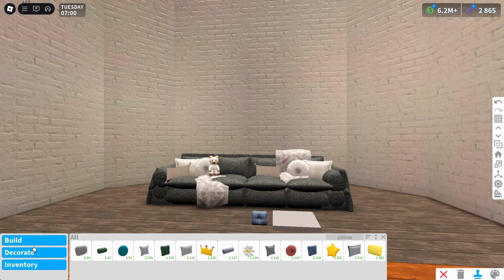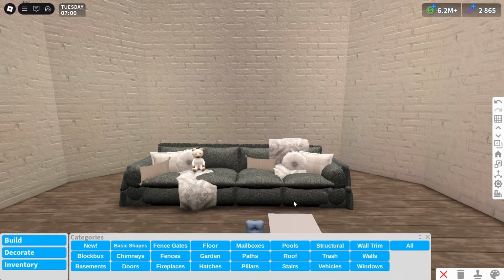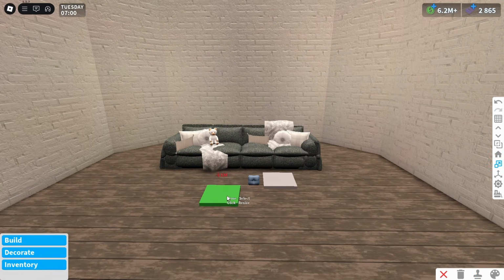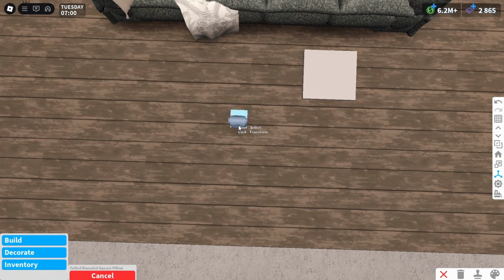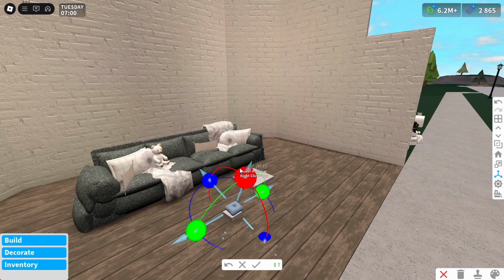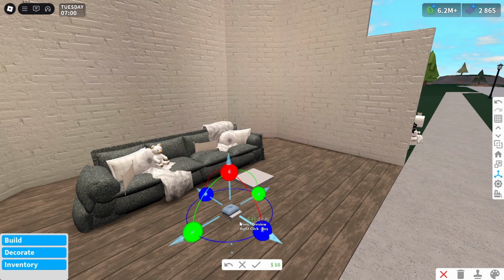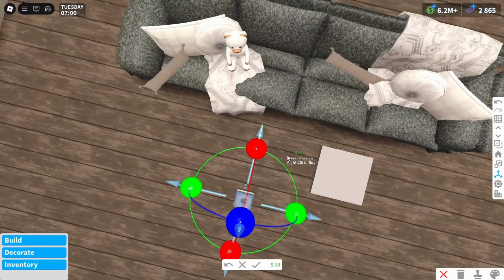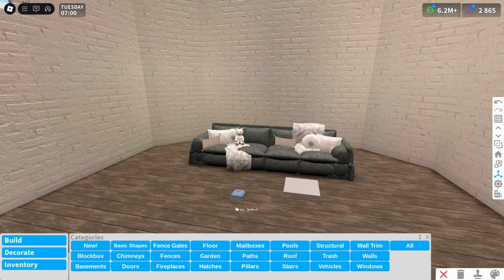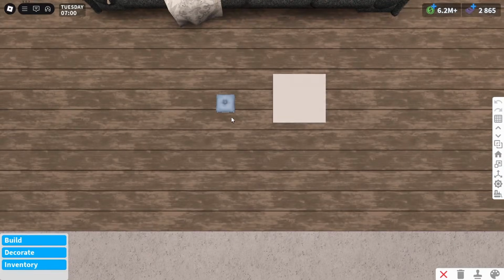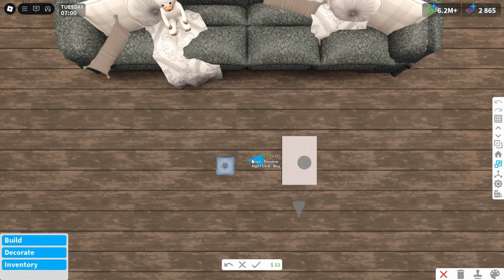Once you've got that, grab another basic shape. Once you've got that, copy this basic shape and just try to rescale it so it matches the size of this, and then when I transform it, it should fill the whole square. This might take a bit of trial and error, so it should fill up the whole square basically. Okay, now once you've got this, I'm going to resize this down a bit because I made the mistake earlier of making it too massive,